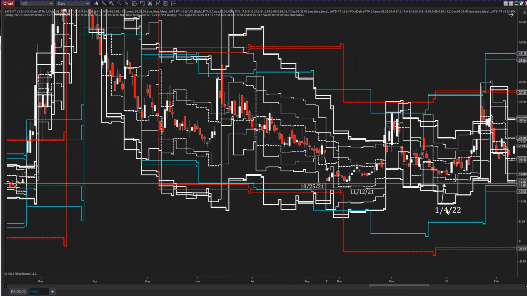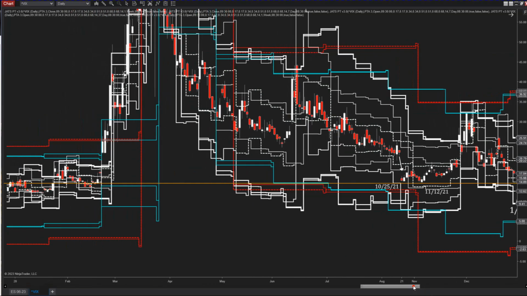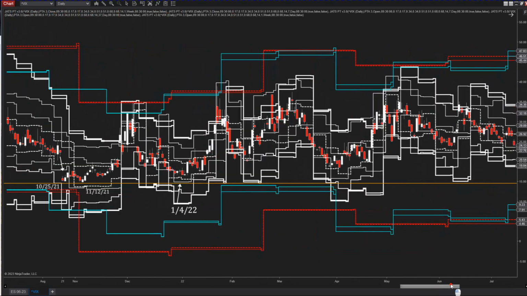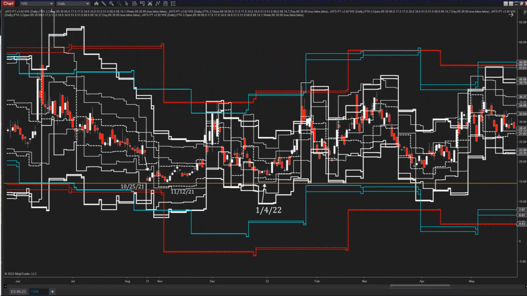January 4th of 2022, we came down close to the 1455 but did not tag it. We had to wait till November 12th, 21, where it came down, and it didn't really even touch it. And then October 25th of 2021. But you can see that price stays within these bands pretty well. And if you're wondering why I selected this crazy period that I did,